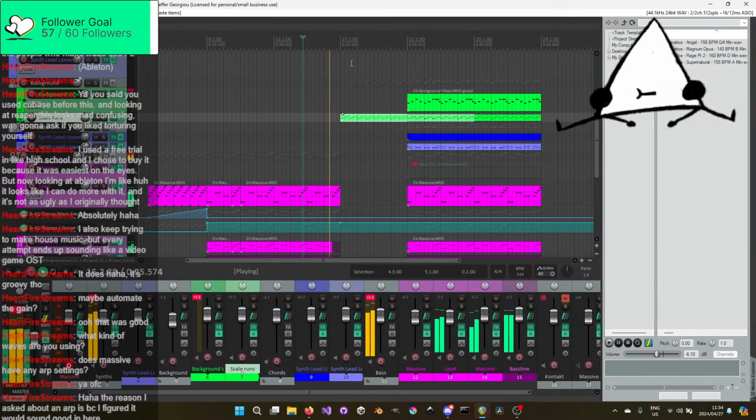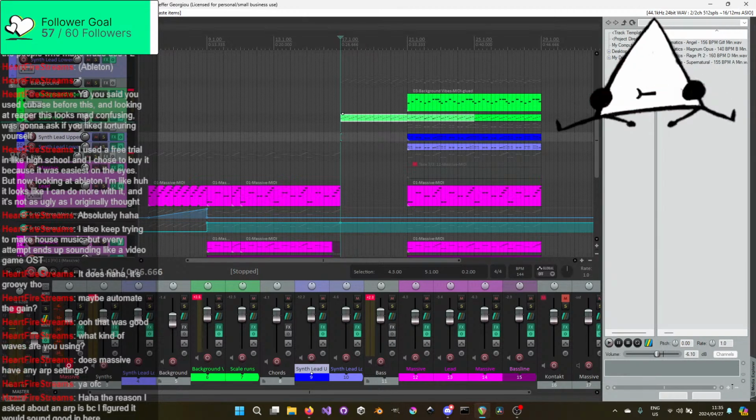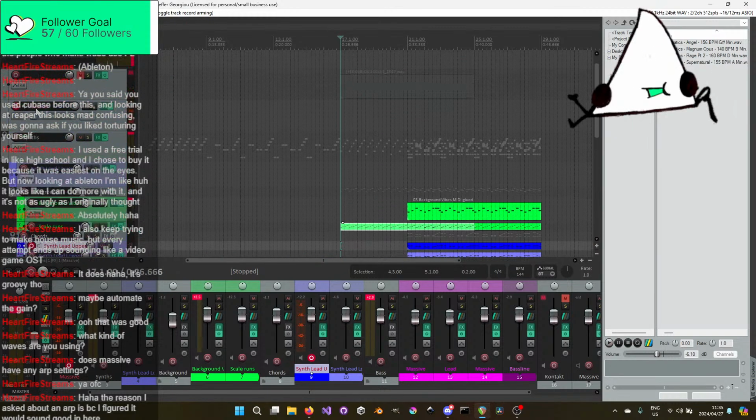I'm still wondering how to transition. Yeah, it's a good shout. An ARP would be very good in here. Not you. I don't want you selected right now. You sound nice, and it annoys me how good you sound.